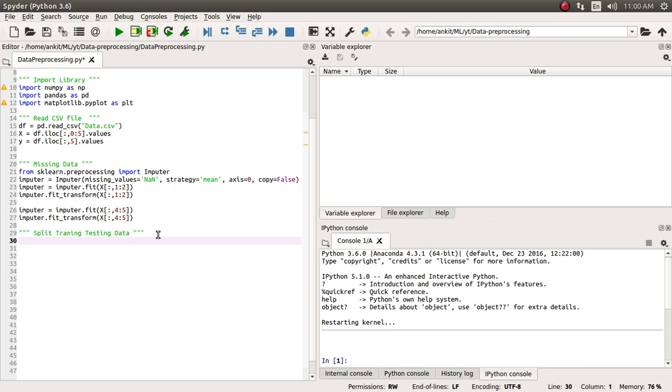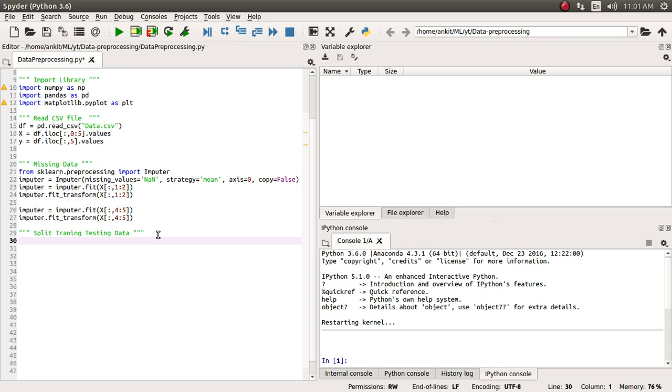So in machine learning, for the cross validation of your machine learning model, we always need to split whatever data is available with us into two different parts, a training data and a testing data. Now why is it required?